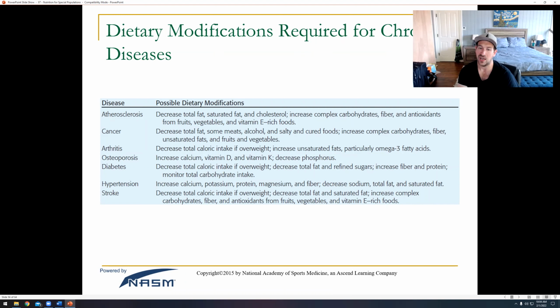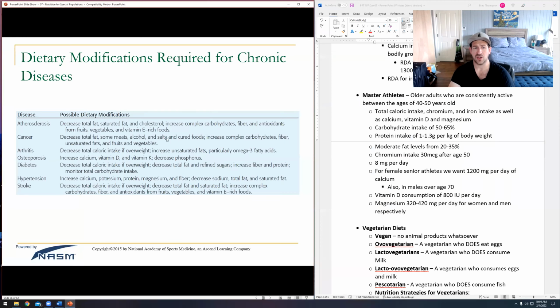Arthritis, we're going to watch their body weight. Oftentimes seniors deal with arthritis because their bodies are just heavy, so that's causing more impact on the joints. And we're going to focus particularly on omega-3 foods, so healthy fats like monounsaturated fats, oils. They actually have been shown to reduce inflammation, which is kind of nice. So there's more, but these are all the general adjustments to make.